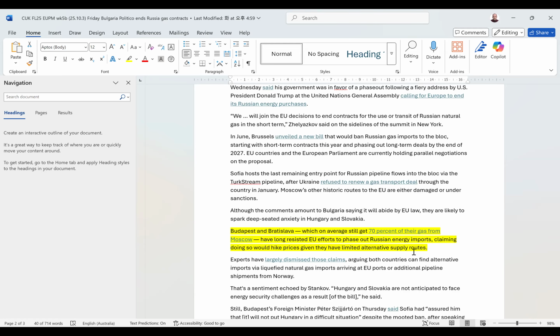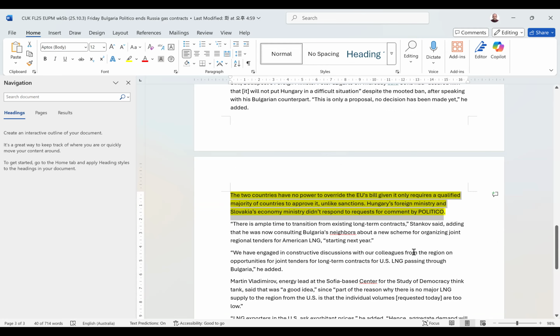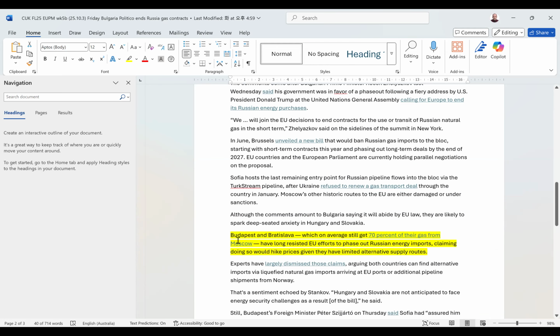And this is a really important issue, right? Because Russia funds its military by selling fossil fuels for the most part, by selling oil and gas and coal. That's how it pays for this invasion of Ukraine. It's been going on for 3.5 years. But you can see this decision that we're going to stop buying Russian oil and gas no later than 2028. That was decided over the objections of Hungary and Slovakia by qualified majority voting.